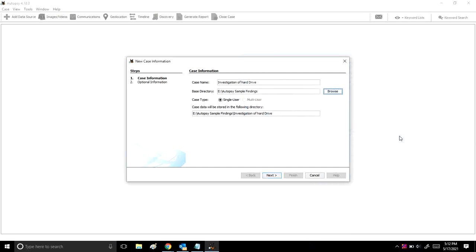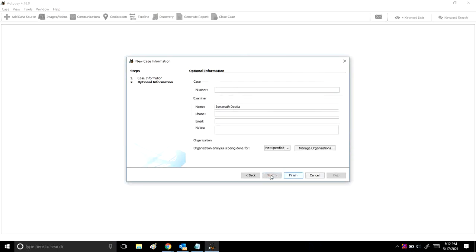Then you have to select it. Once this has been selected, you can go for the next option. Here you have to write the case number. These all are the details, like you have to insert all the case number, case details, whatever you have, which will be helpful for us in the future, like it is one of the chain of custody form. Here I'll give a name as 001. I'll write the examiner's name.